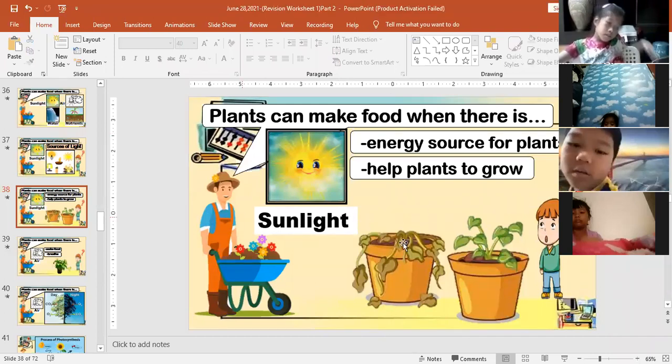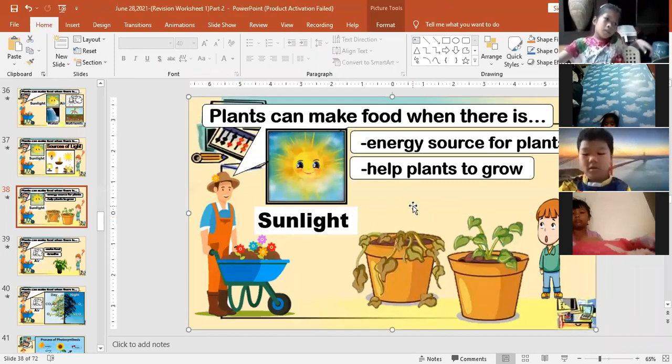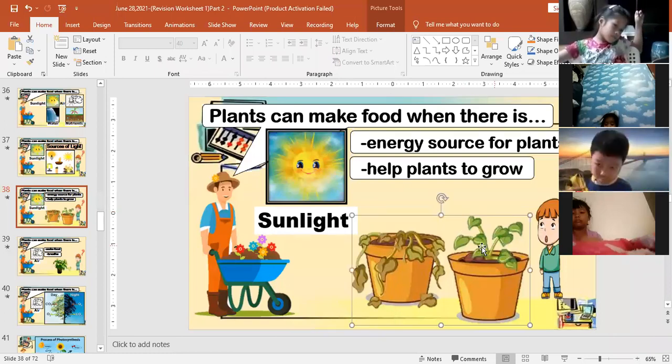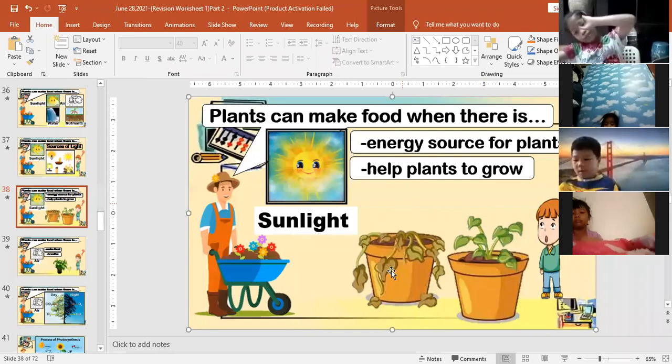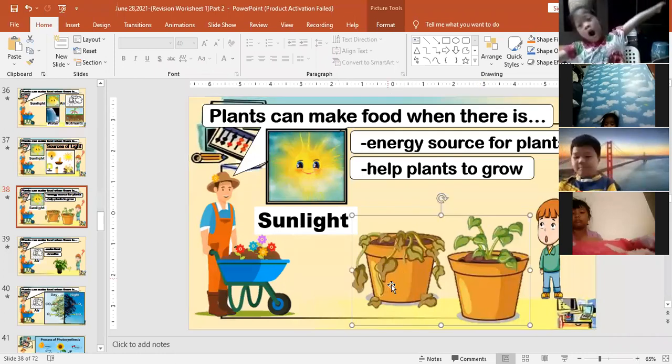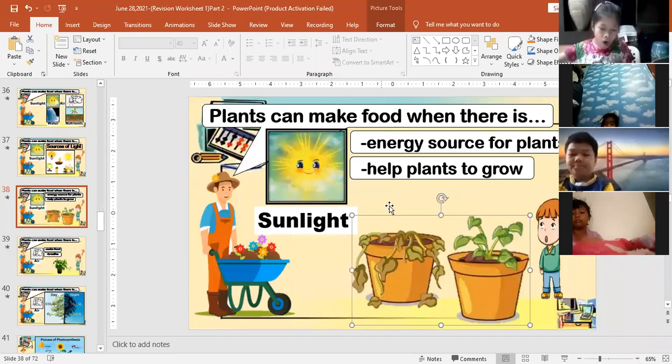Titan? Orange. Titan, do you have a plant that has a green leaf? Green. Yes. What will happen if you put your plant inside your house? What do you think will happen? The leaf will